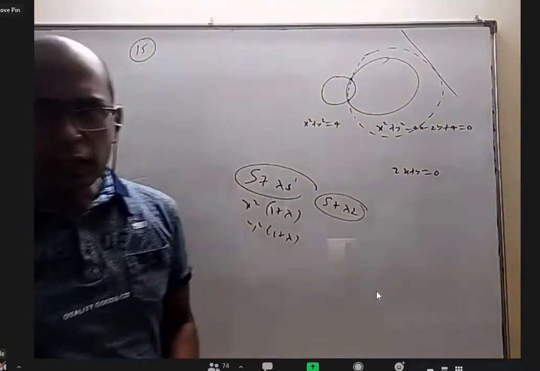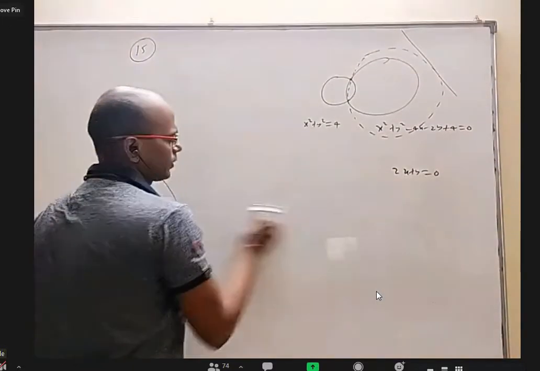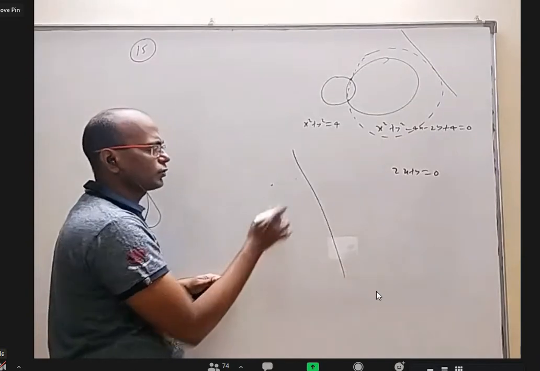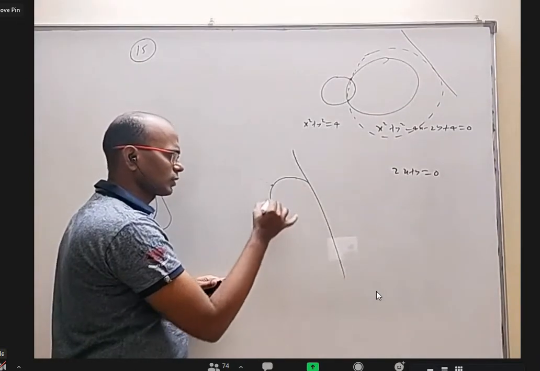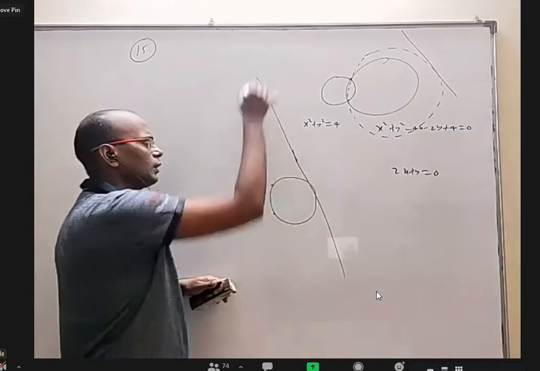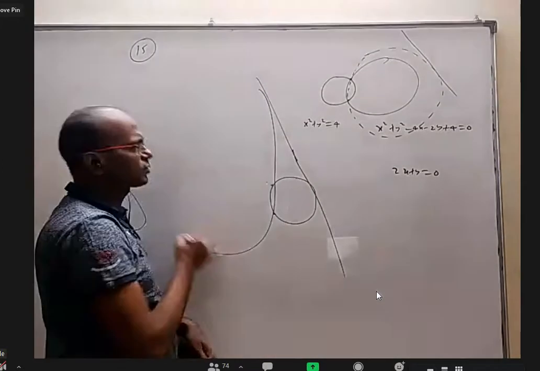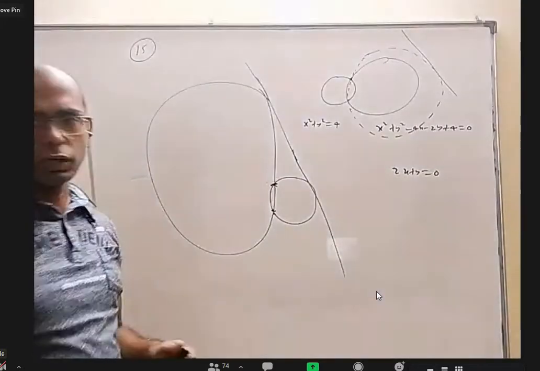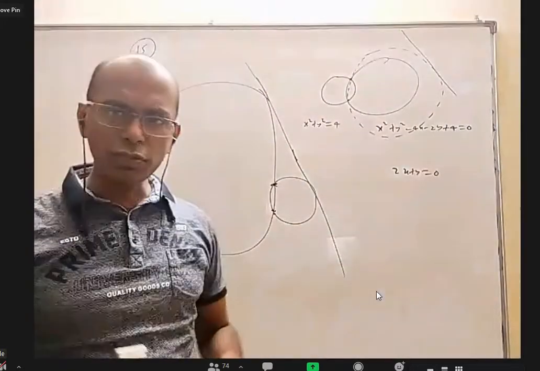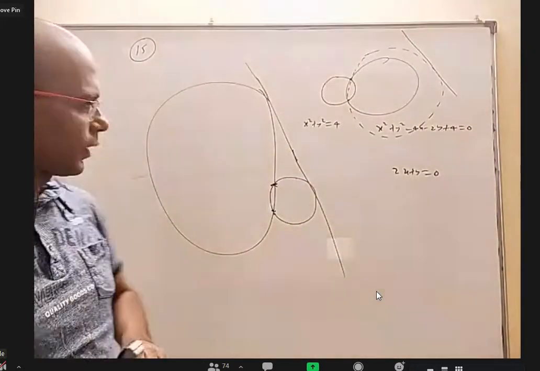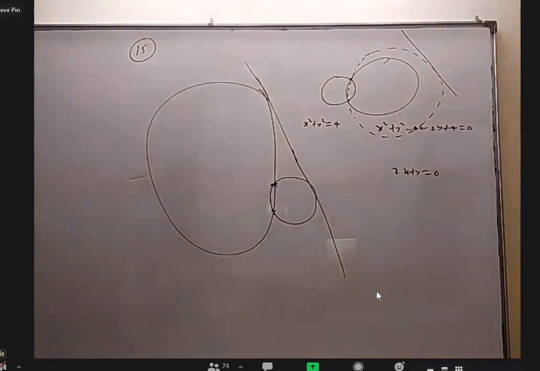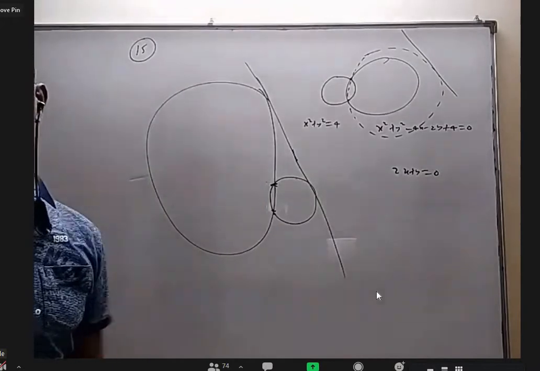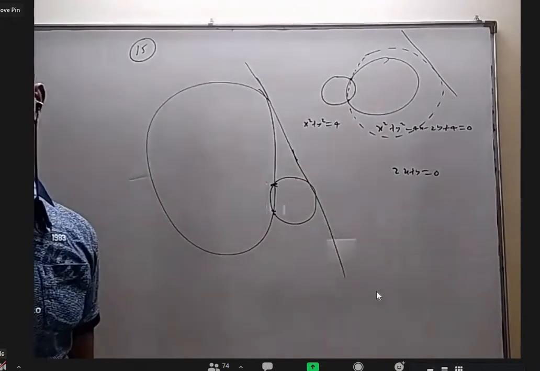Okay, and in general, two answers will come for this question. Why? If I give you 2 points and a line passing through these two and touching this, one circle will be like this, and there will be a huge circle like this also. Okay, there will be 2 answers. But in this particular question, you will get only 1 answer, not 2 answers. Anybody want to comment why? Line is parallel to the.